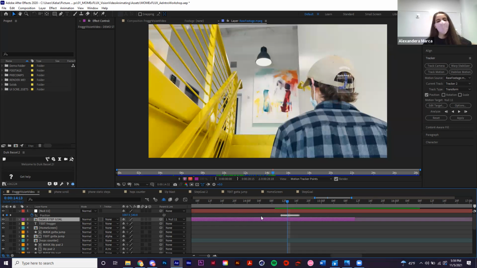Okay, cool. Well, the only thing that we didn't really get to is typography and how to make that move. It's just position and scale keyframes, which we kind of went over. So there really wasn't anything fancy with that. So if this made sense, then you can apply it to the text pretty easily. If there aren't really any other questions before we go,